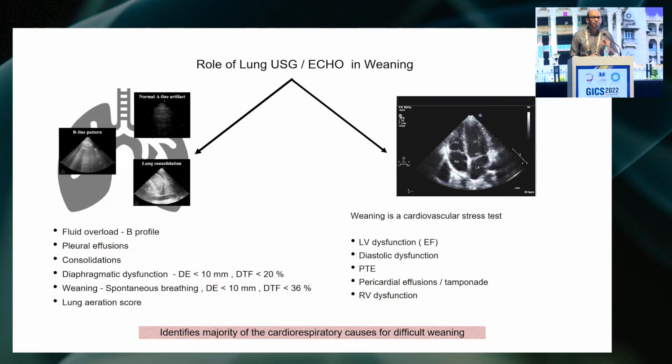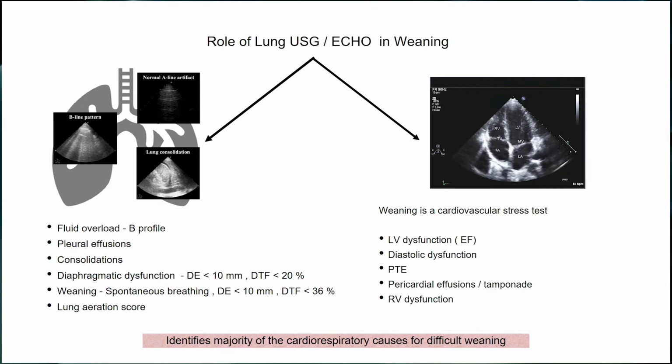We also know that whenever you put patients on a spontaneous breathing trial, it is kind of a cardiovascular stress, and a significant number of these patients with underlying coronary artery disease can have pulmonary edema, especially when you put them on a spontaneous breathing trial. And that is where an echo or an ultrasound can help you identify which patients are landing up in pulmonary edema when you give a spontaneous breathing trial. Similarly, diastolic dysfunction is often an under-recognized reason for weaning failure, which can be easily identified at the bedside with the use of echocardiography. So please incorporate ultrasonography and echo into your weaning strategies whenever you subject a patient to a spontaneous breathing trial.